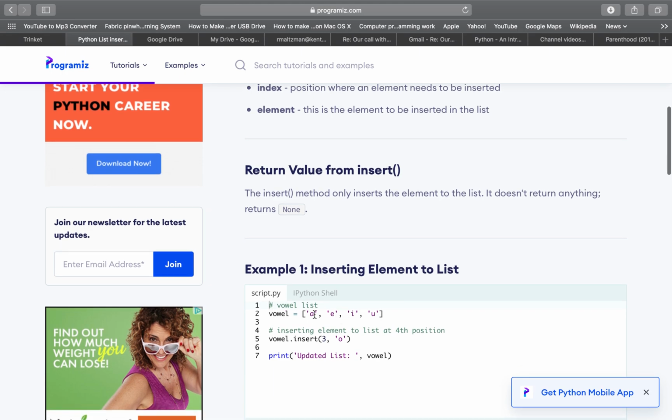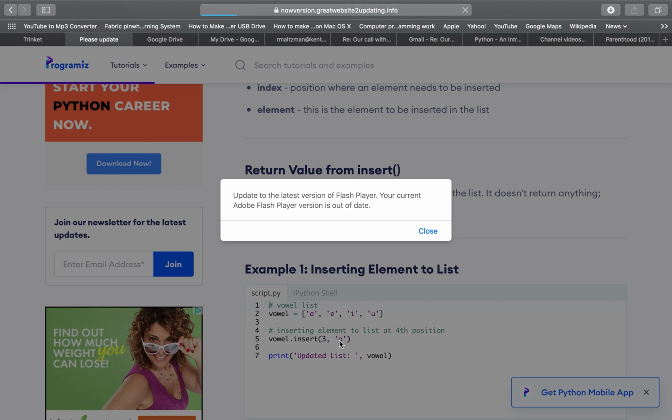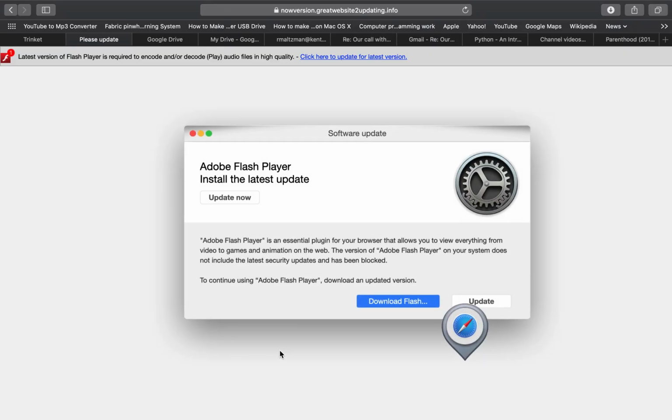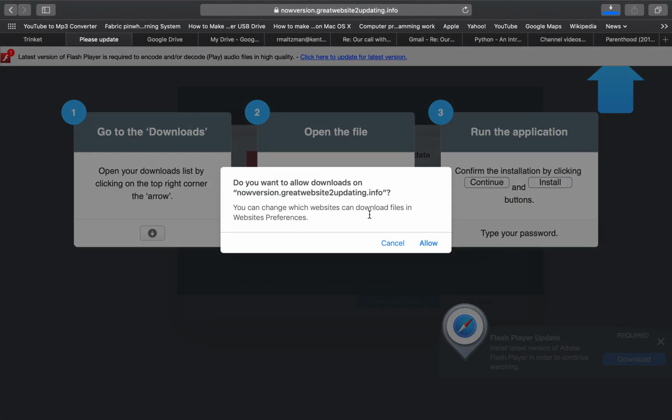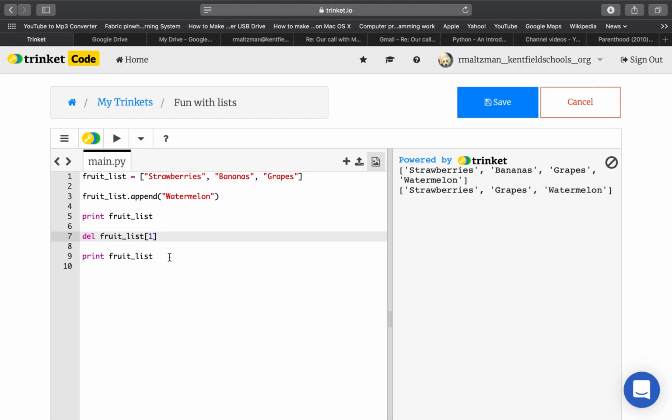So if here's my list, and then I say val.insert 3 and O. Oh, that's kind of cool. So you can do, no. So I can do fruit list dot insert, and I'm going to say I want it in position 2, and I want it to be,